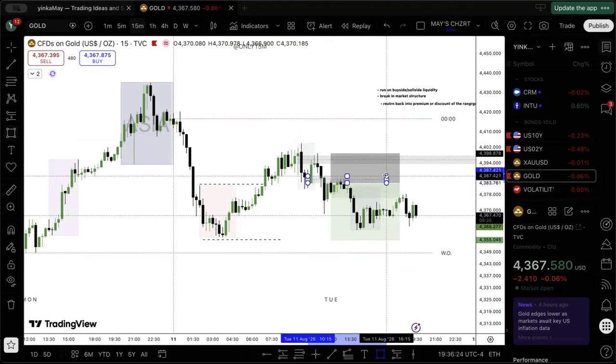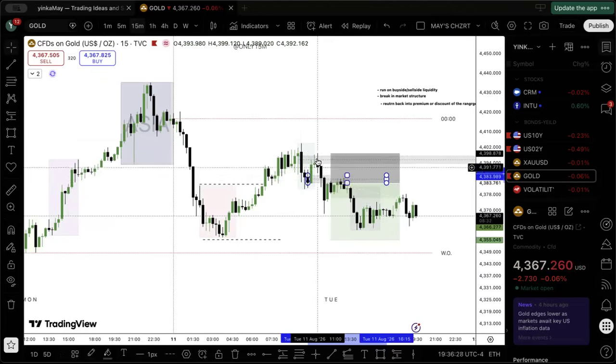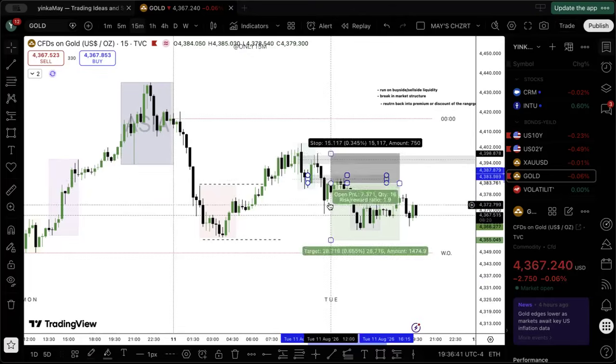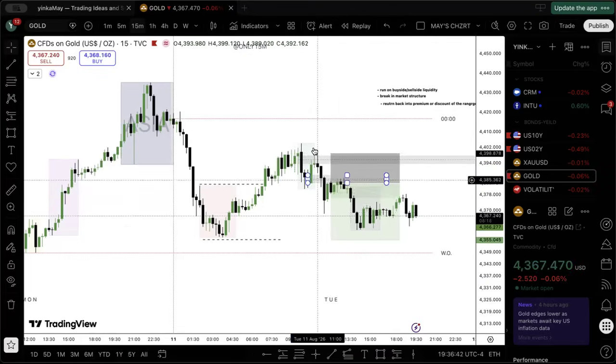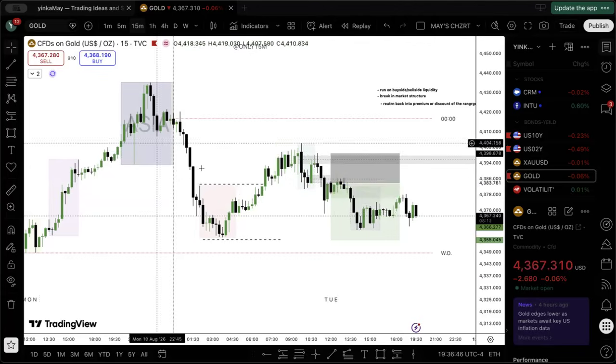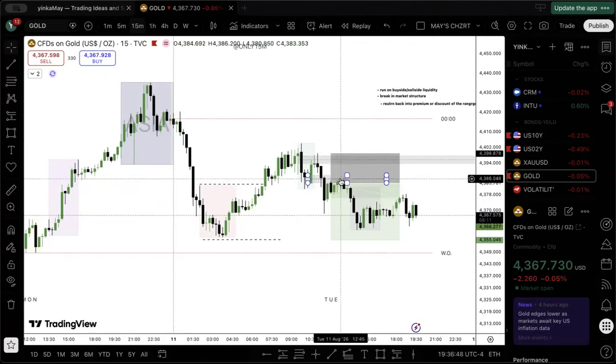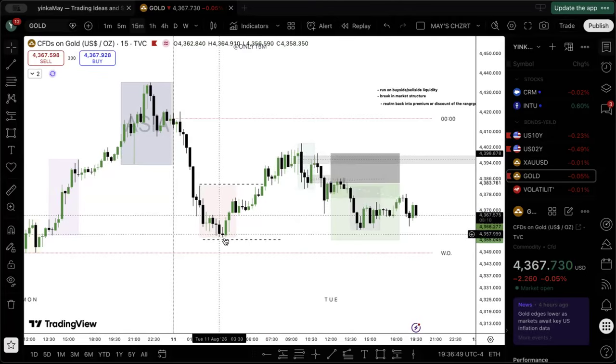We have a mitigation block, the down close candle before the run higher, and then the break. That down close candle before the run higher, right, is a mitigation block, right? The failure swing is this high, and then we break market structure. The low before that run to cause the failure swing is your mitigation block. That's an entry, but I just use the 50% mark so that you make it easier. OT high, low, OT 50%, and it's aiming for this low.